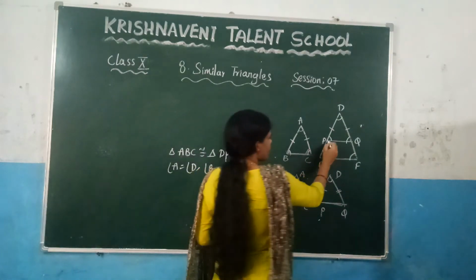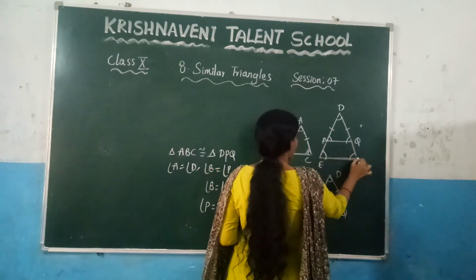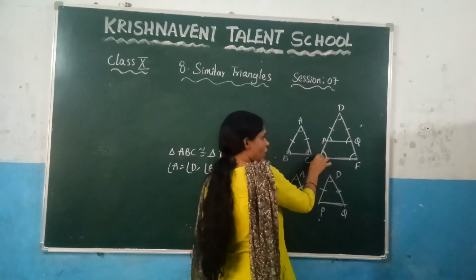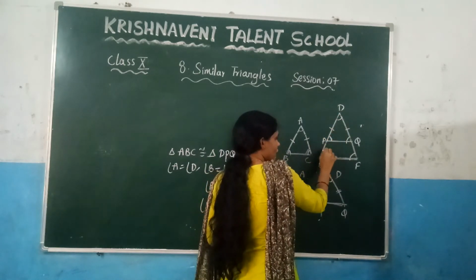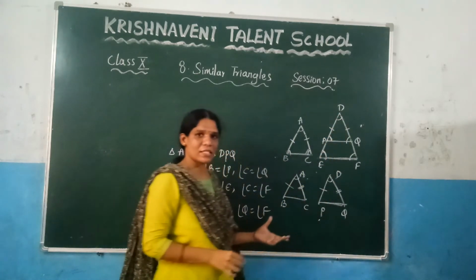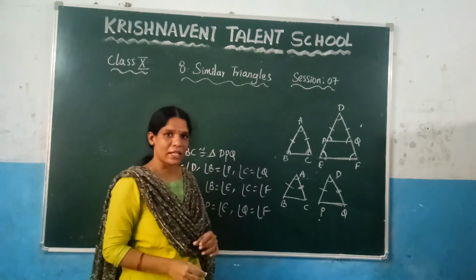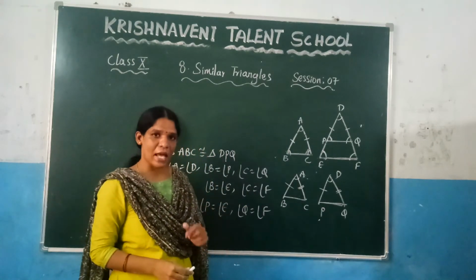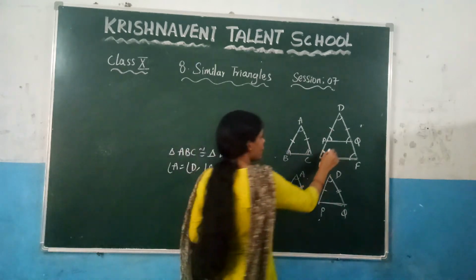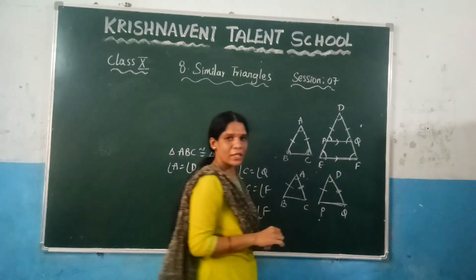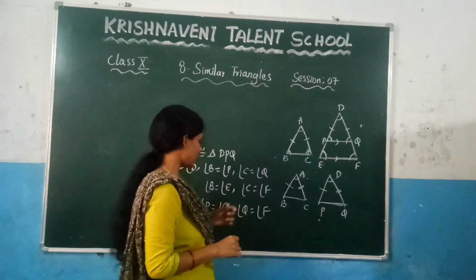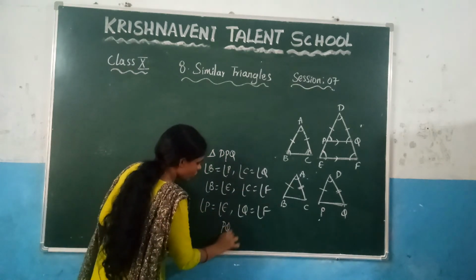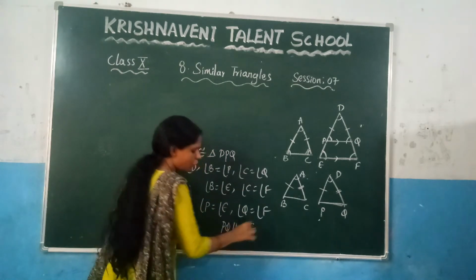Here you can observe that these two lines are there, and if you take one more line here, you can observe that these two angles are equal. So what we can say here is those are the corresponding angles. From the corresponding angles axiom, we can say that these two lines are parallel, right? So at this condition, we got PQ is parallel to EF, right?